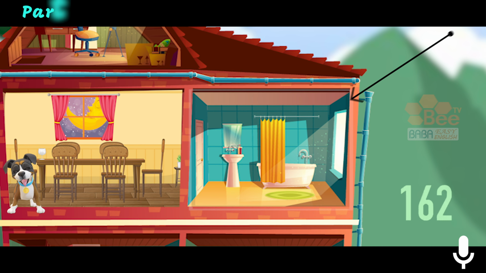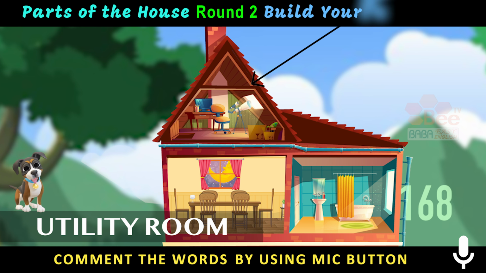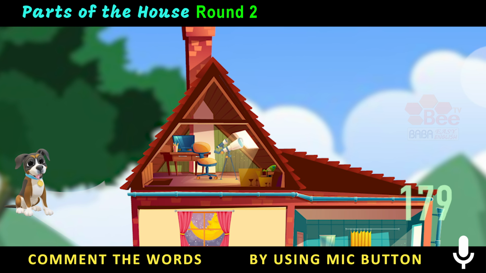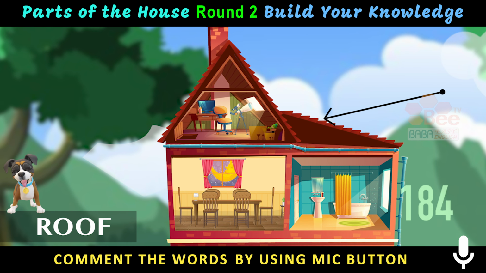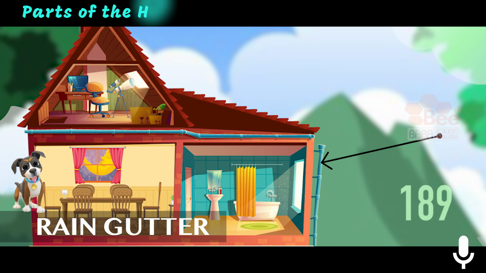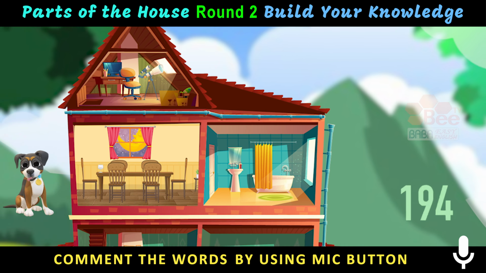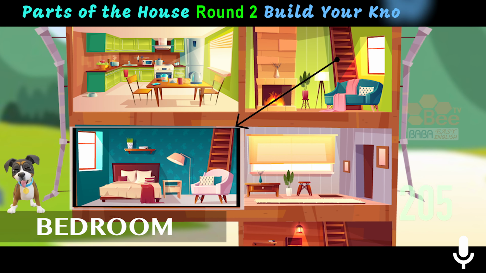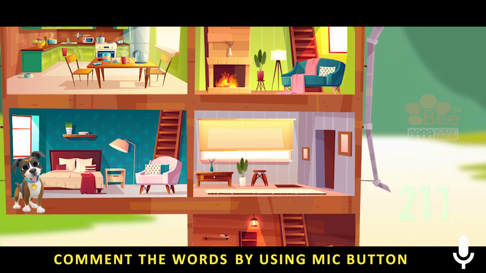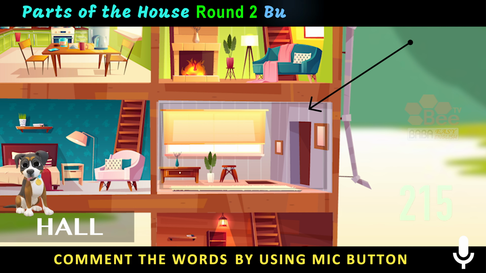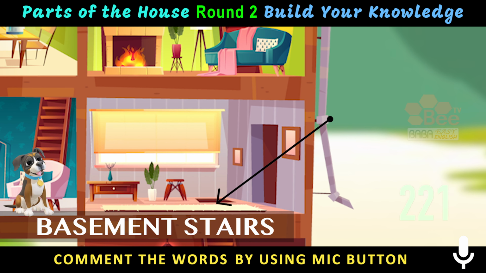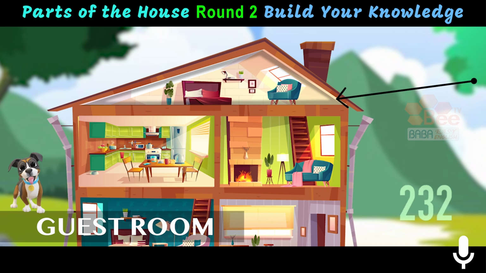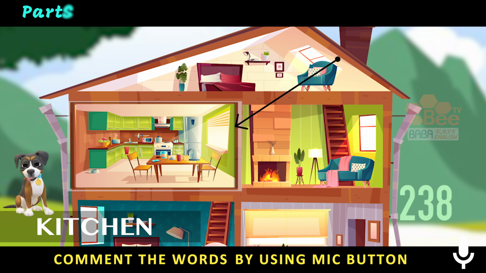bathroom, utility room, chimney, roof, rain gutter, bedroom, hall, basement stairs, guest room, kitchen,